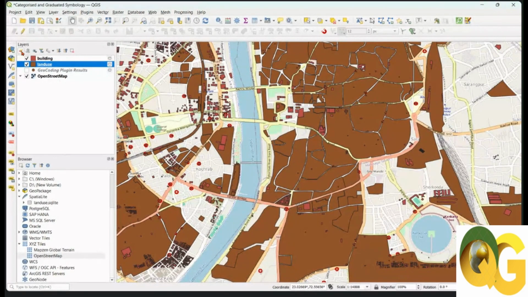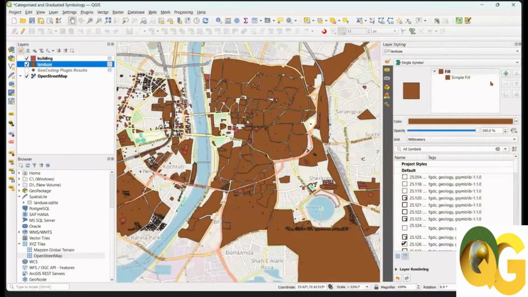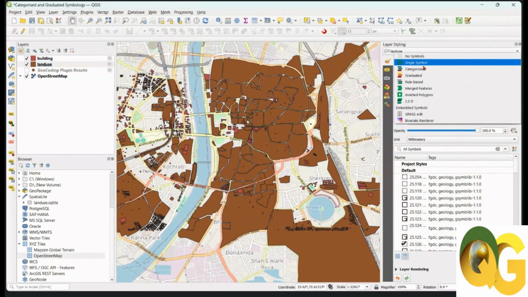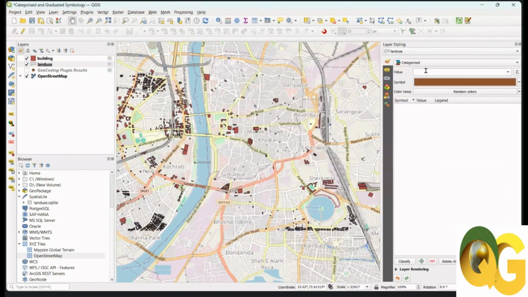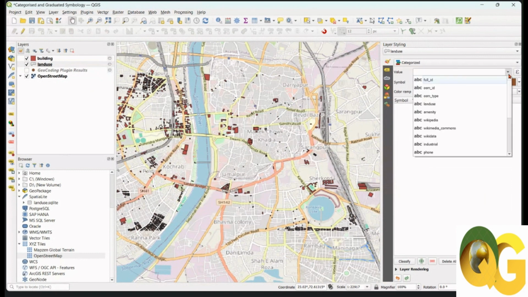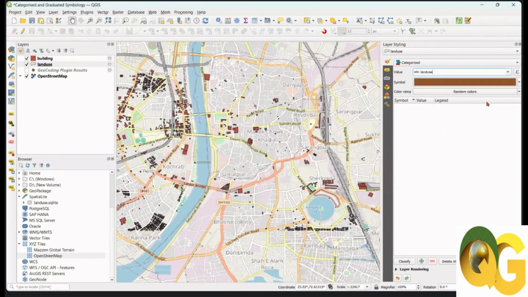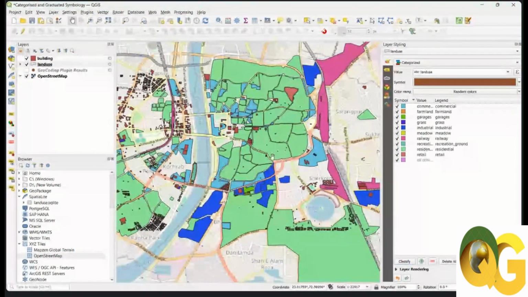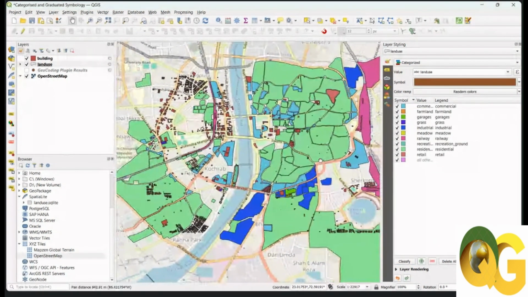For that, go to layer styling, open the layer styling panel, and in single symbol change it to categorized. Here you have to provide the value land use. Then use classify. It will give you the data on different types of